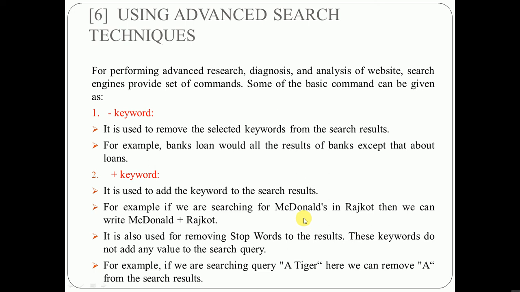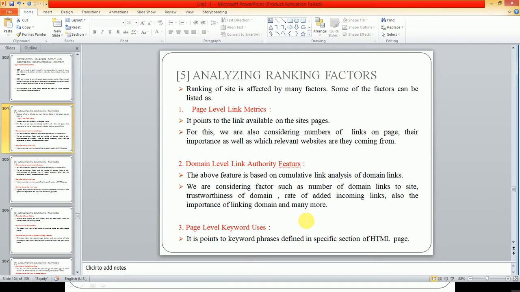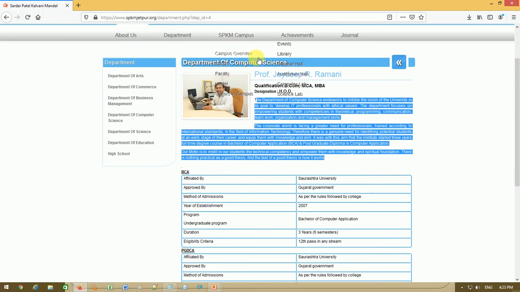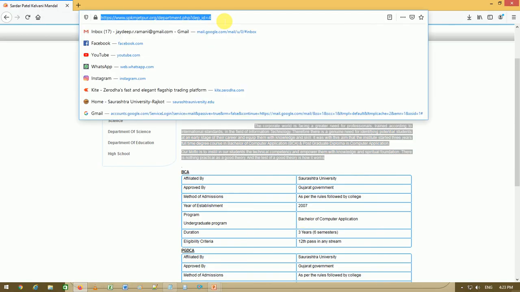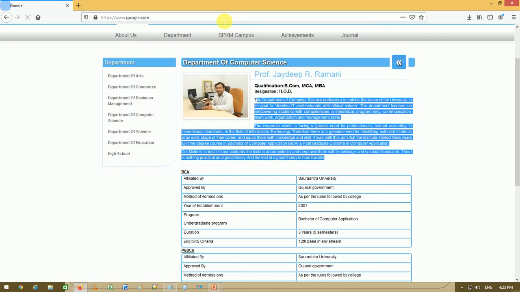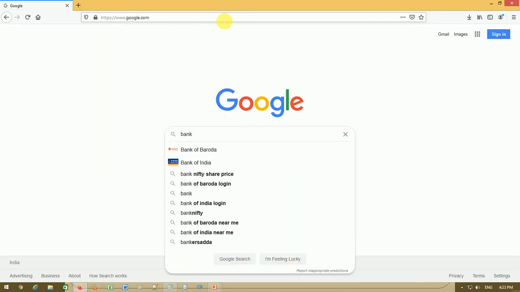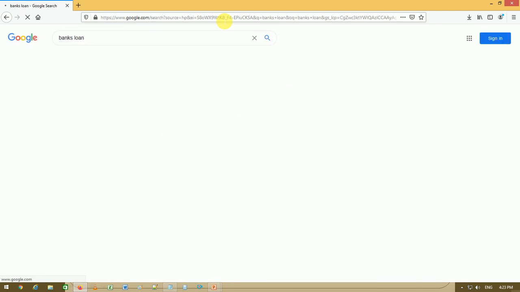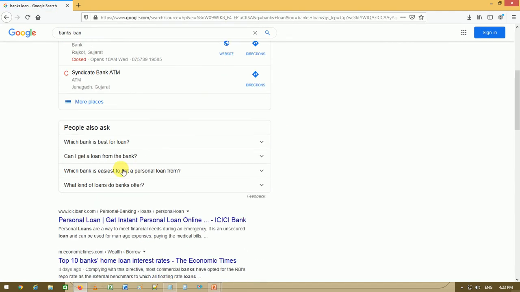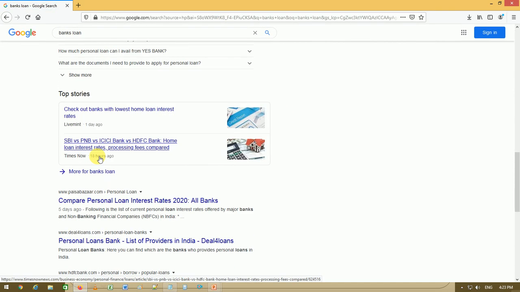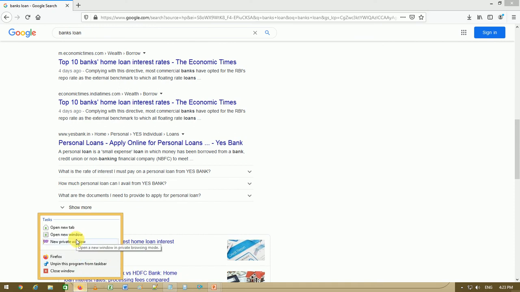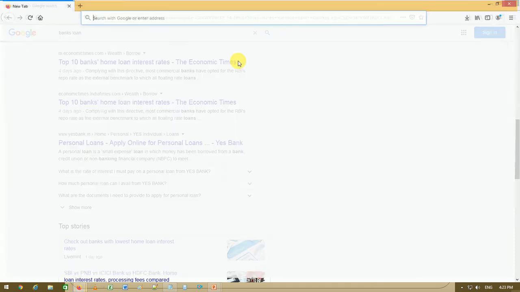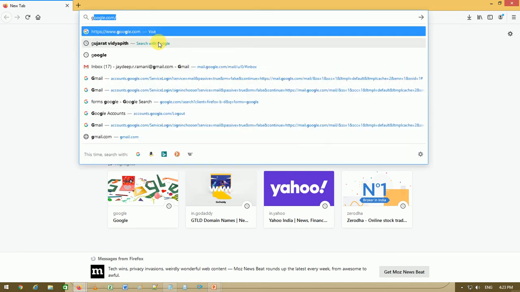For example, "bank's loan" would give all the results for banks, and loans. Here we will see the examples. Here I am typing the search engine name google.com, and writing "banks loan". It will give this type of results. So here I will also open another one so that we can compare both results. So here google.com,